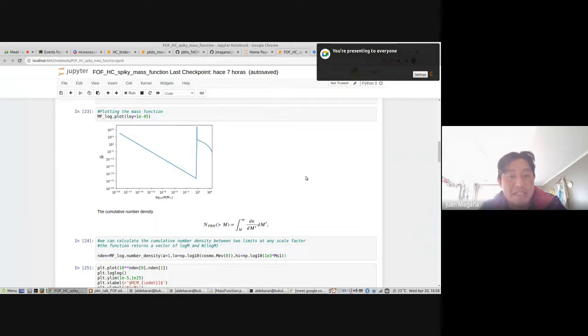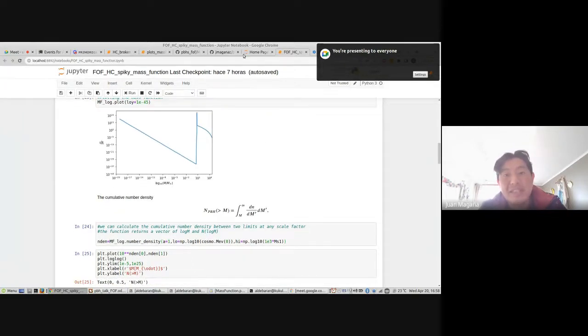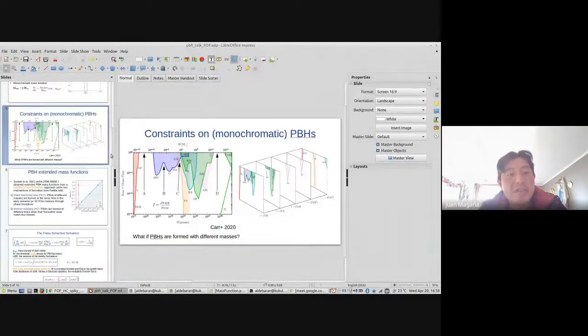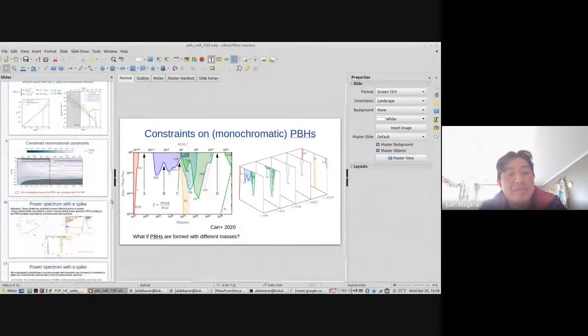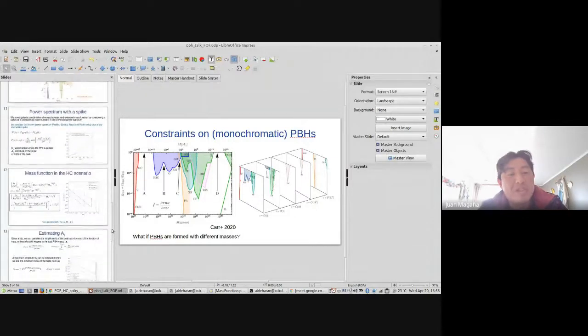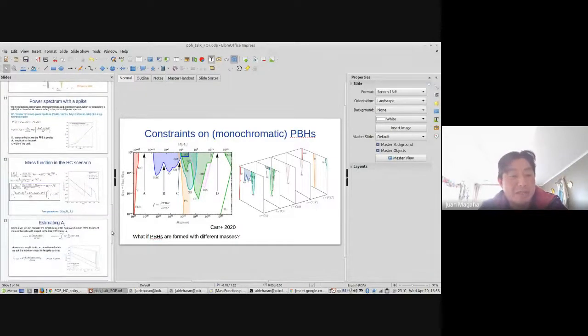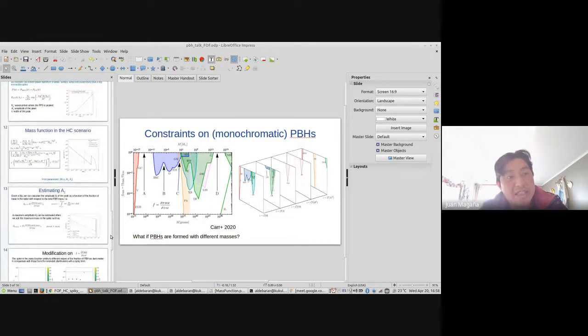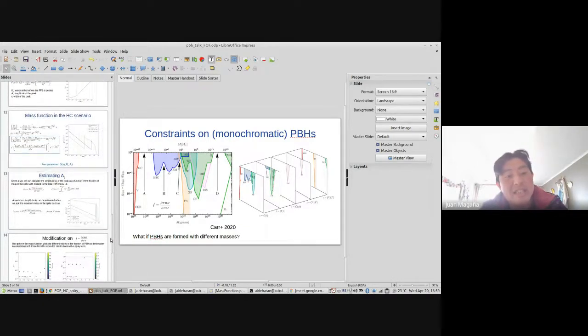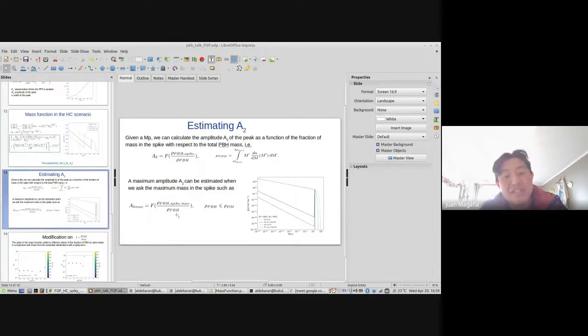But besides that, we have this constraint. We compute the total mass inside the spike, first because we have an extended part, and the addition of the mass of the extended part with the spike should satisfy this relation.